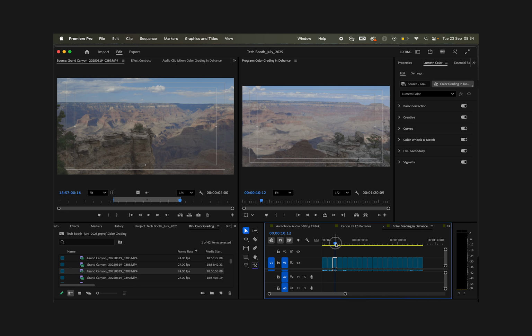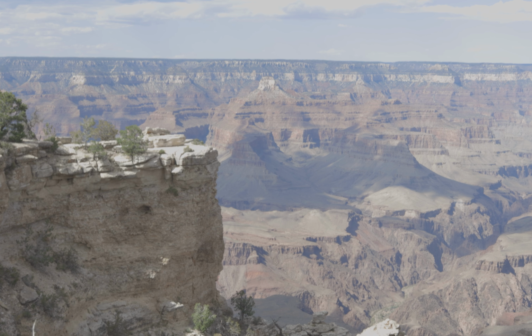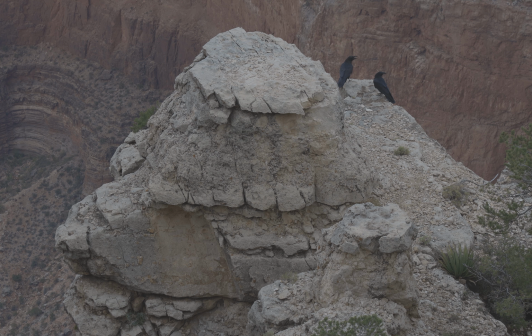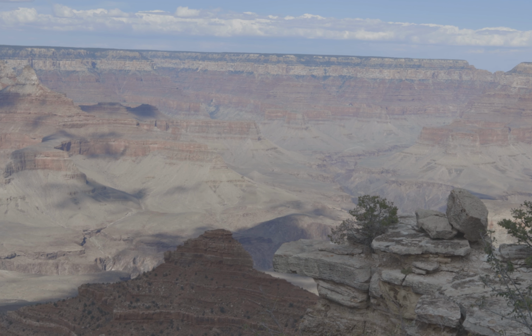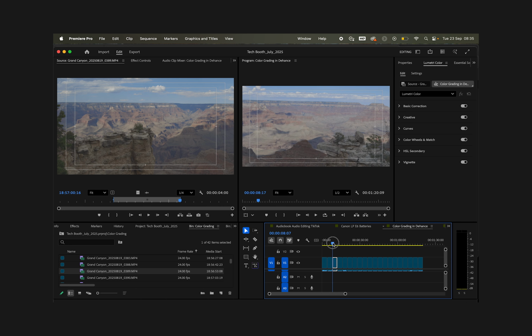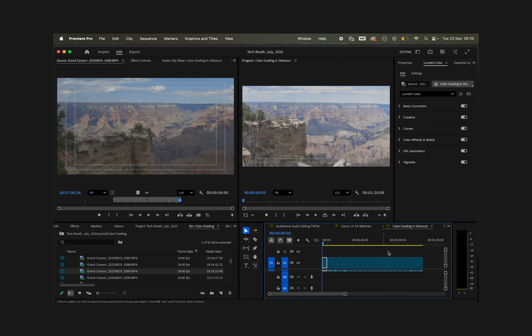So I have these clips that we're going to be using in this tutorial, and you can see they look really flat, and that's because I shot these in Canon's C-Log. So in Premiere Pro, if you want to convert your footage to Rec 709, you want to go up here to Lumetri Color. But first of all, what I'm going to do is put an adjustment layer over all the clips, because I know my exposure and my settings were the same for all the clips that I'm going to